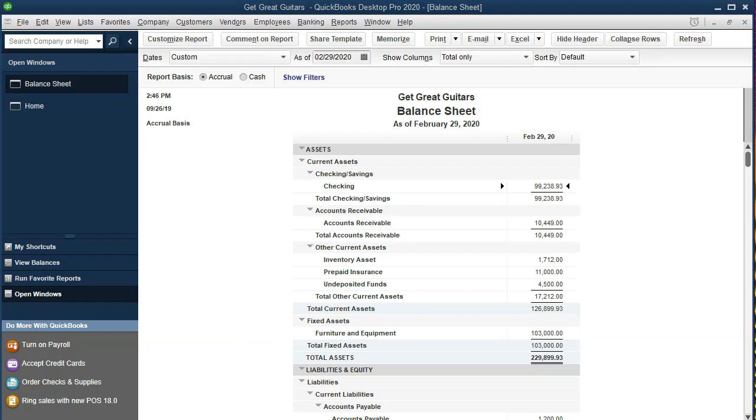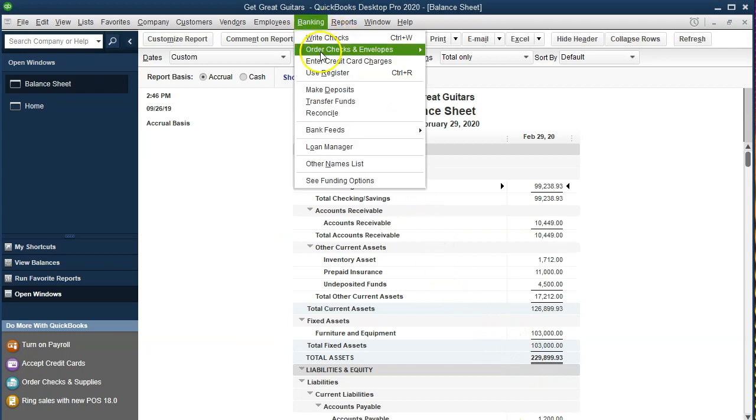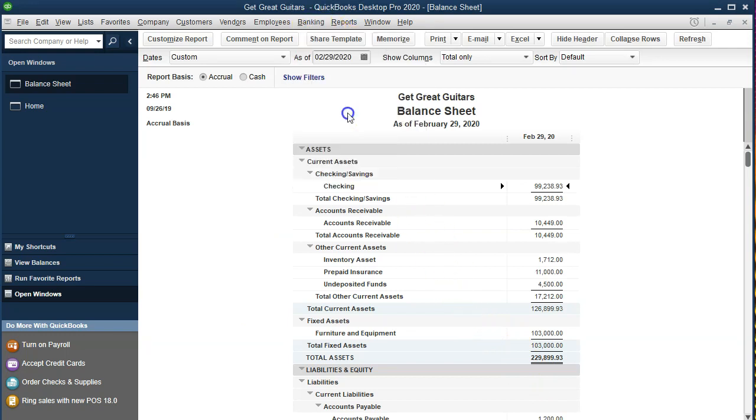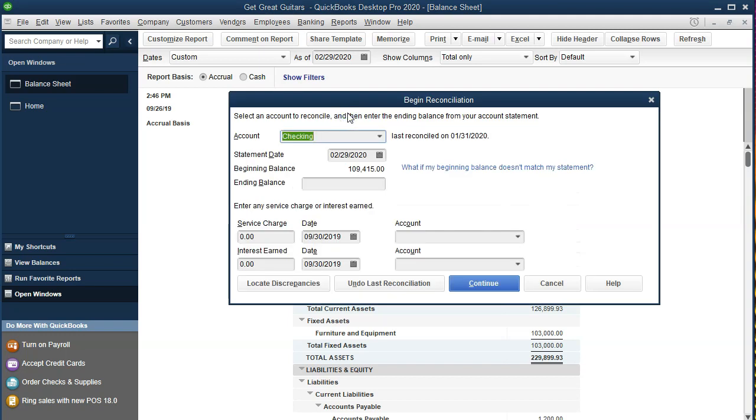Back to the QuickBooks system, we're going to go to our reconciliation, go into the banking dropdown, go to the reconcile item, banking, and then reconcile. We're going to be reconciling the checking account. The beginning balance should tie out now. If it doesn't, then you have to think about how you're going to adjust that. But you shouldn't have a problem after you fix it one time, because then it'll roll forward properly every time,